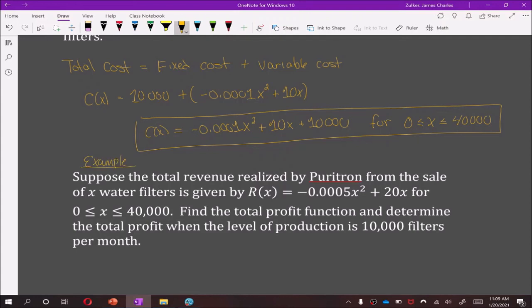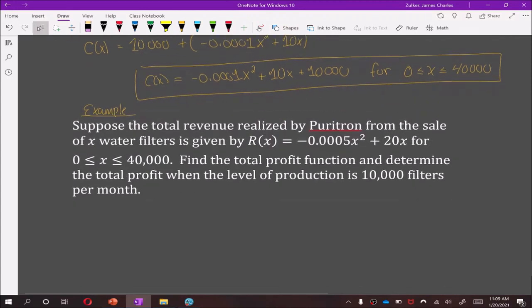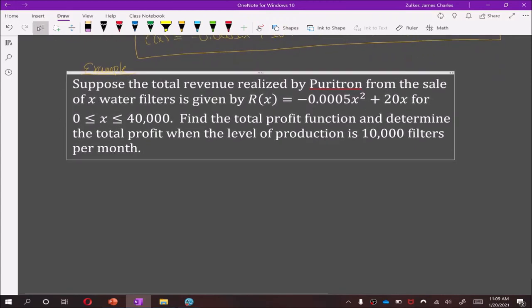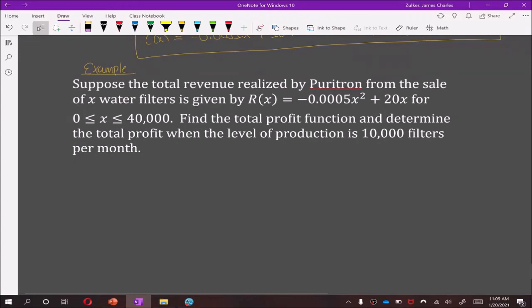Now let's suppose the total revenue realized by Puretron from the sale of x water filters is given by this here, where x is again between 0 and 40,000. We wish to find the total profit and then determine the total profit when the level of production is 10,000 filters. So total profit